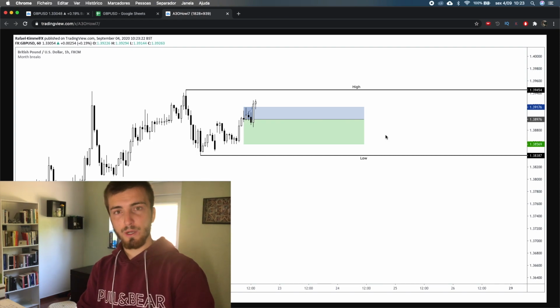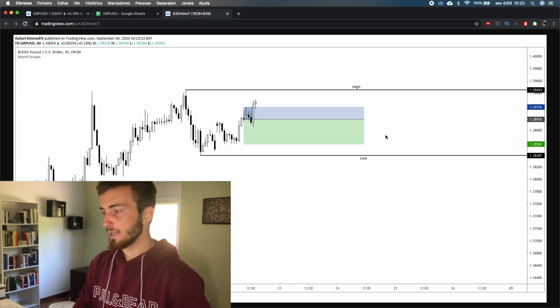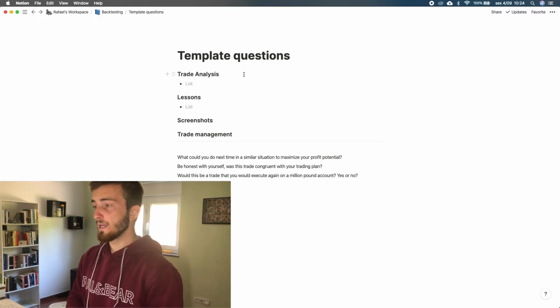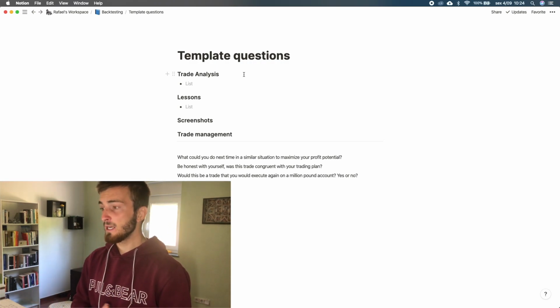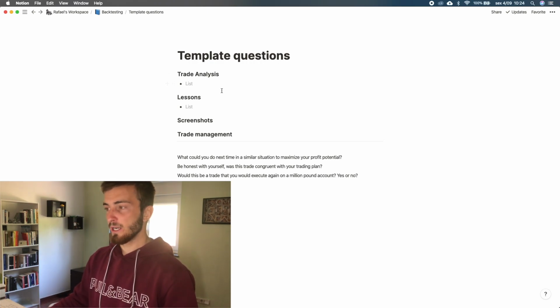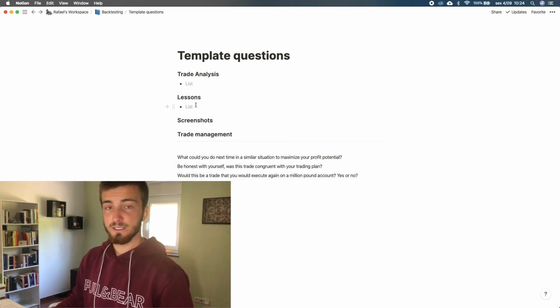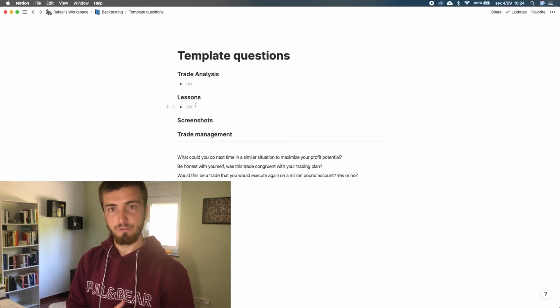Now, if you are trading multiple time frames, it's key for you to create a template on your backtesting. So what I will do is I will leave this template. This is from my backtesting previously, of what I used to put in. So the trade analysis, you write down the trade analysis, all the lessons that you took. For example, here I could write down it lost momentum at the end of the impulse, so I can avoid